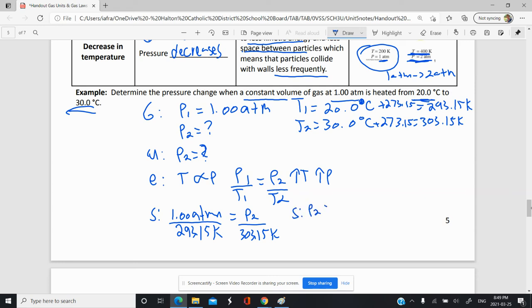We get P2 is equal to, we can send 303 to the other side here, it becomes a multiplication. So 1.00 ATM times 303.15 Kelvin over 293.15 Kelvin. Kelvin crosses out because it's on top and bottom. And so we're basically getting 303.15 divided by 293.15. And we get